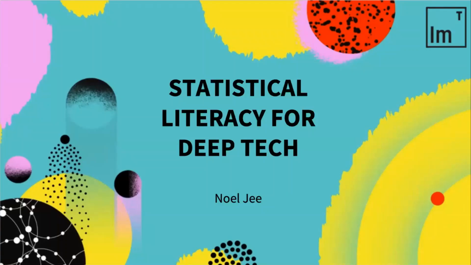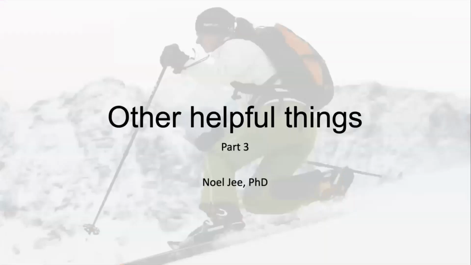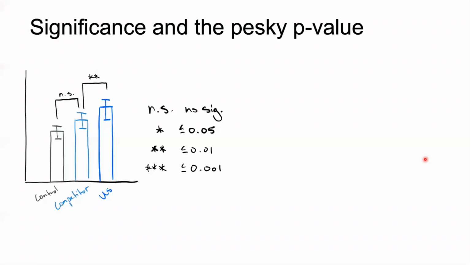This next section, there's no crazy theme. I couldn't think of a nice picture to put in the background, so I put this picture of a person skiing, and I titled this "Other Helpful Things." So there's something that just didn't fit into my other talks that I wanted to talk about here, which is